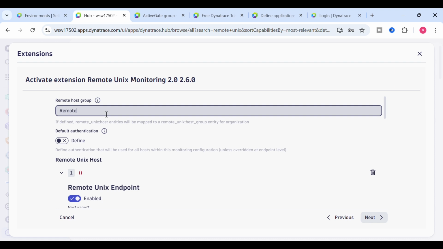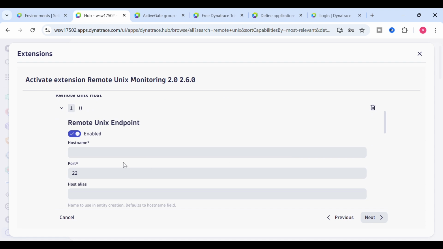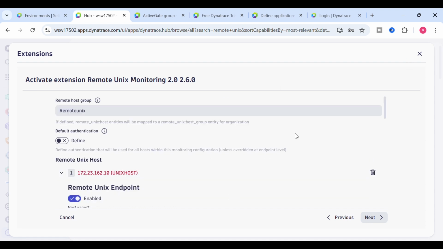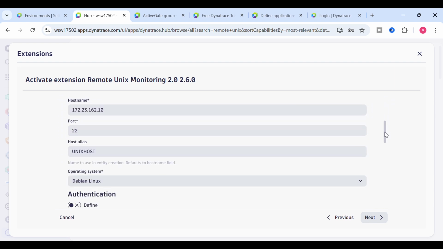We just need to input the host details here, like host name, or in my case I have given the host IP here. In the place of host name, I have given the IP and using the port 22. And just below that you have the authentication details where you need to input the username and password,